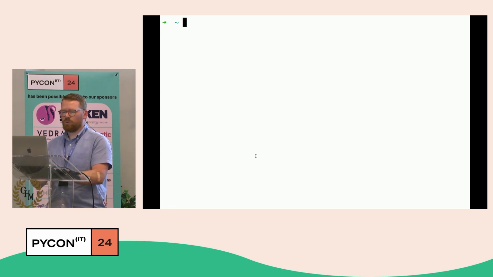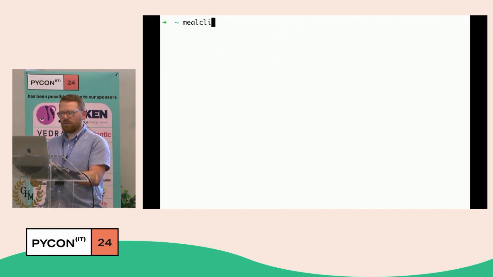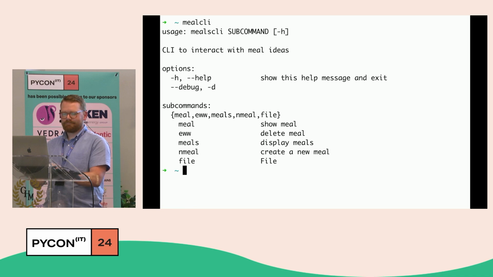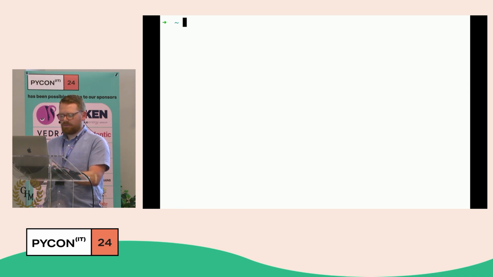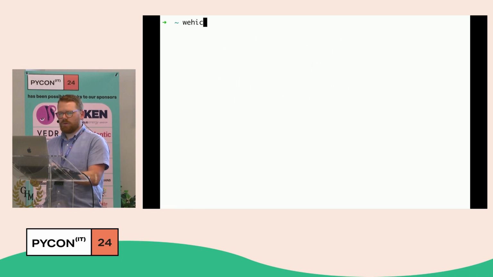All right, I want to show you one more thing. In this window, I'm going to run something called meal API. You don't need to know much about it besides it's written in FastAPI, and it's got the same annotations to define a CLI for it. And let's look at meal CLI. Cool. It's got a couple commands, and let's run meal CLI meals. Prints out some meals for you. Cool. Just another CLI. What I really want to show you is that